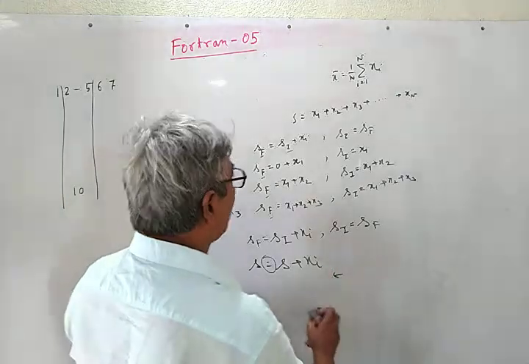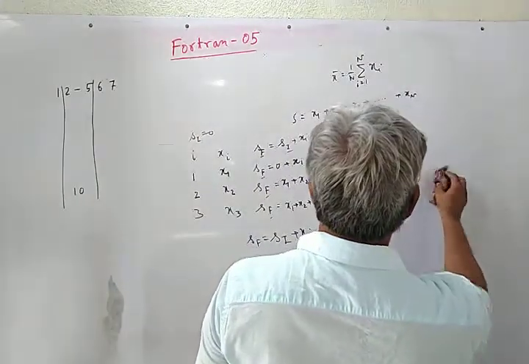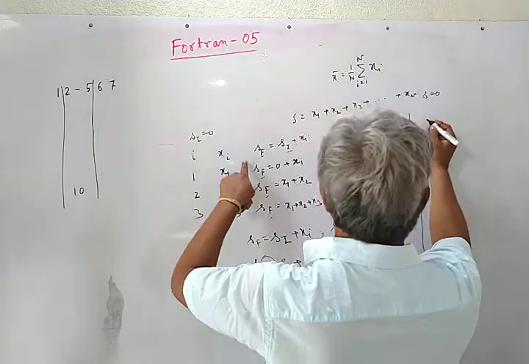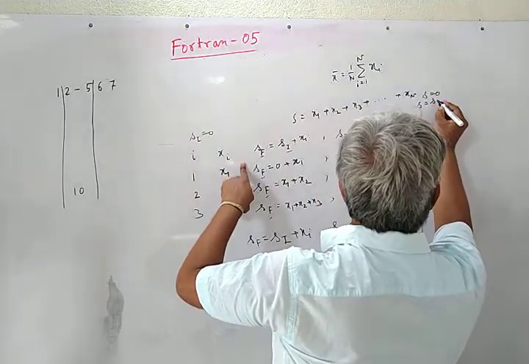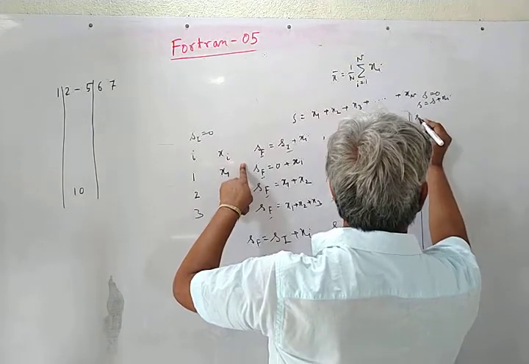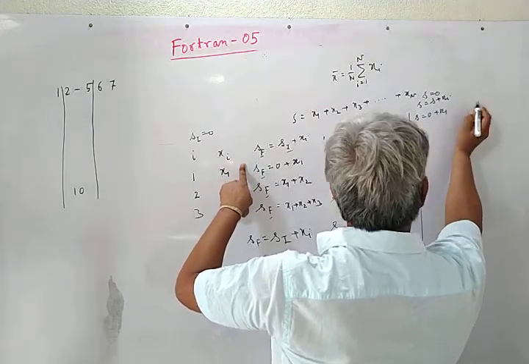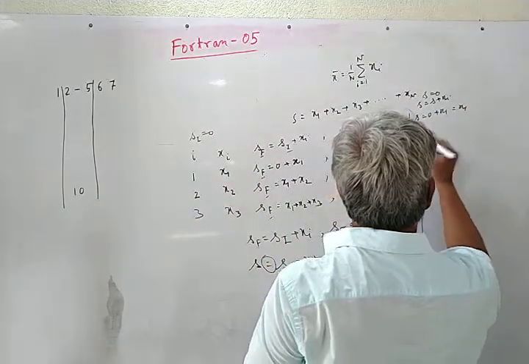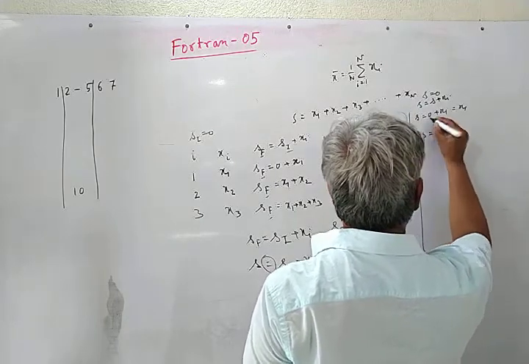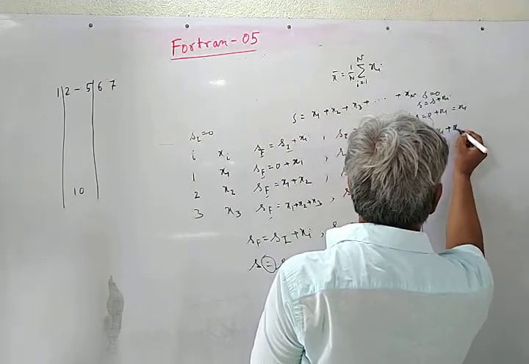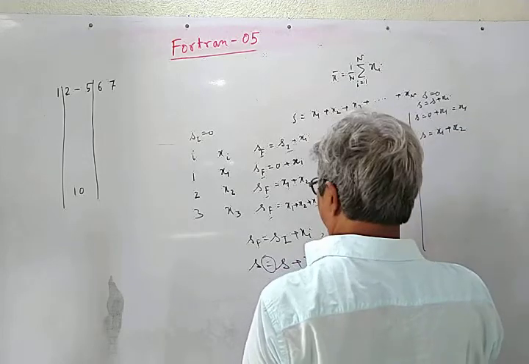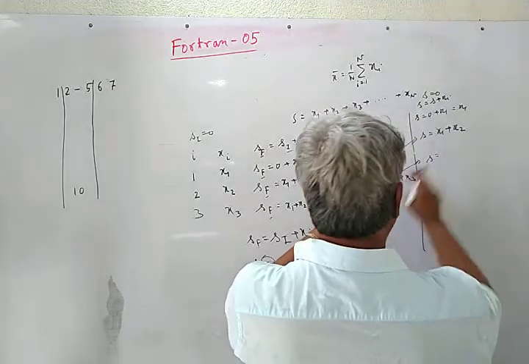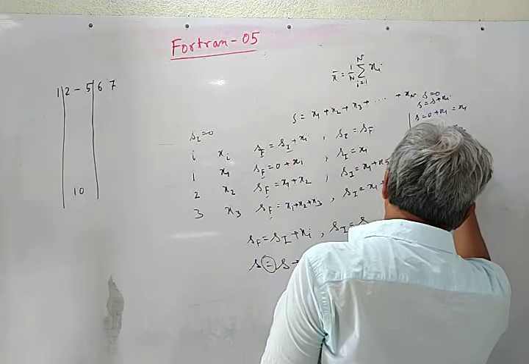so in this form the situation is this. Firstly, it assumes s is equal to 0, and then you write s is equal to s plus xi. In the first step, it writes s is equal to 0 plus x1. This is equal to x1. In the second step, it writes s is equal to, already the value of s is x1 and it adds x2 to it. In the third step, it writes s is equal to, already the value of s is x1 plus x2, so it writes